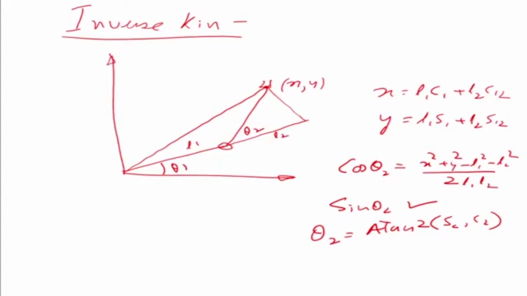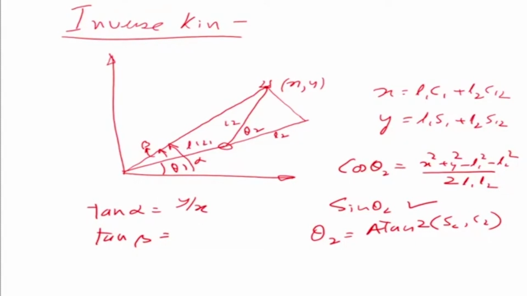Right, so what we do is we define this angle alpha and this angle as beta, and then we find tan alpha and tan beta. This is my angle alpha, this is my angle beta. So tan alpha is equal to y by x, and what is tan beta? Tan beta is equal to, this is L1, this is L2,